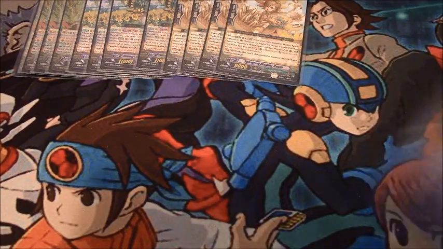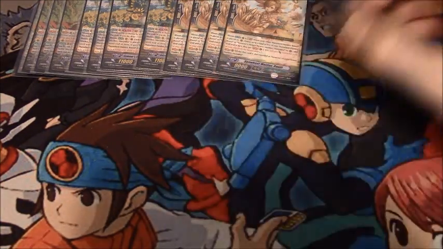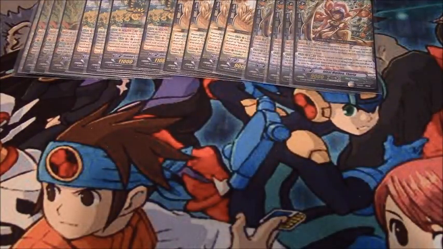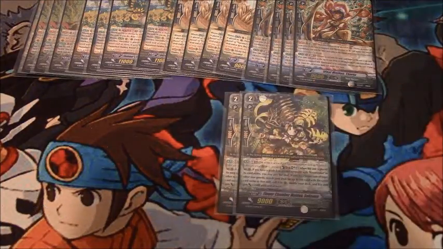So you've got your 4 copies of Thuria, who can copy Marjuka or copy Rani, depending on what else is in play. And of course, she has the ability to bounce back to the hand during the start of your main phase if she manages to stay on board long enough, which hopefully she will. Of course, Marjuka Recursion should have a Ranunculus Vanguard, as does Flower Chamber Maiden Saliana, who I haven't played for